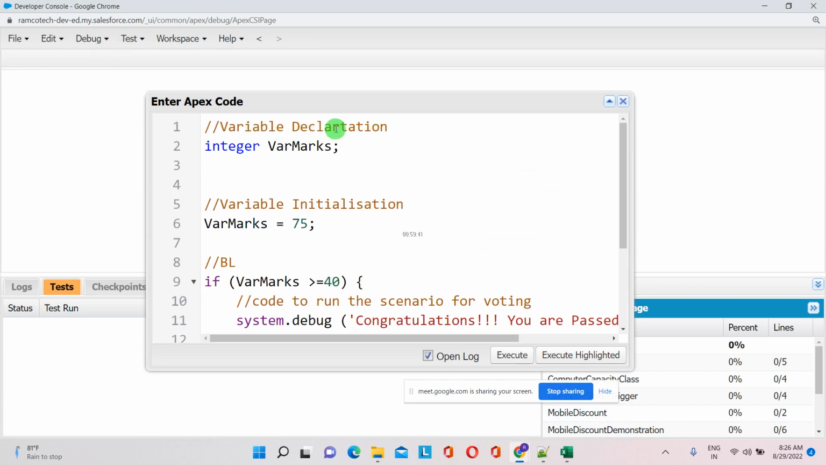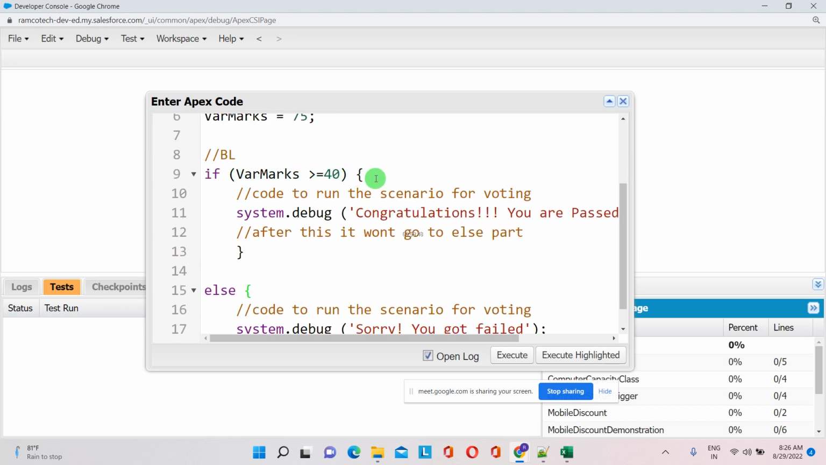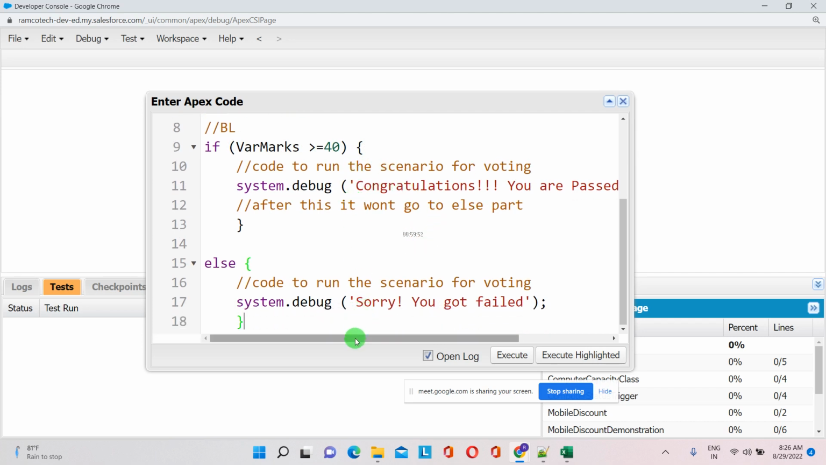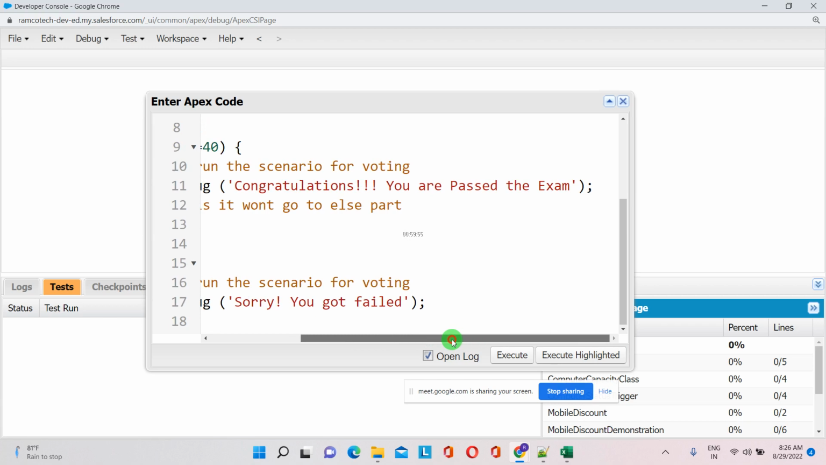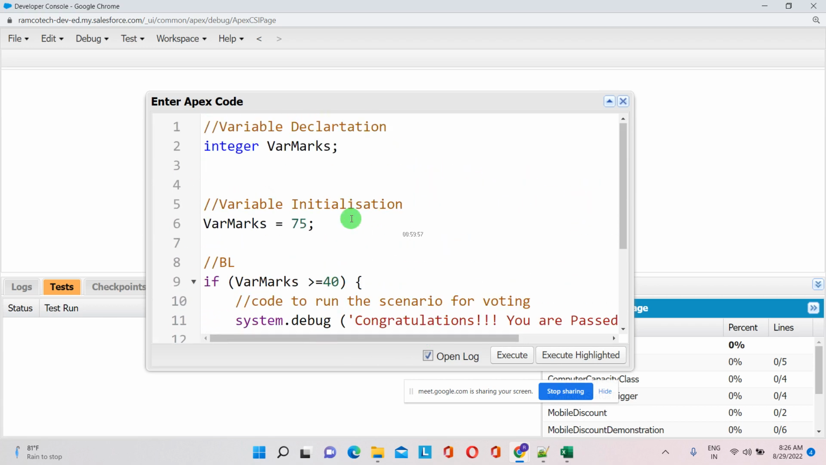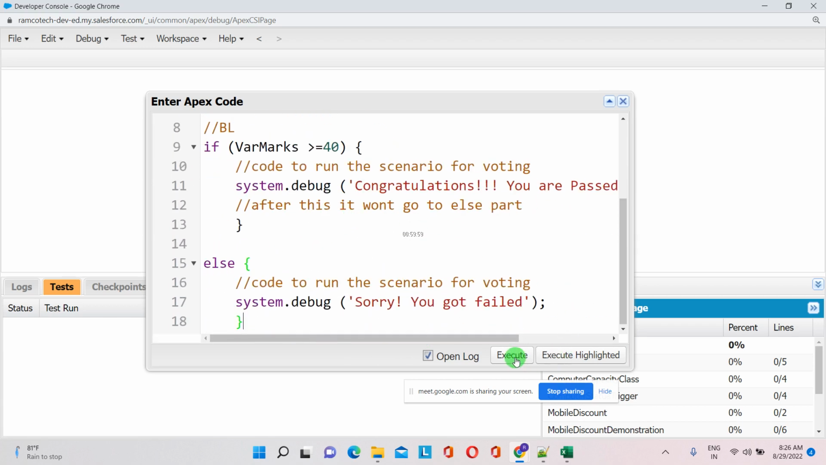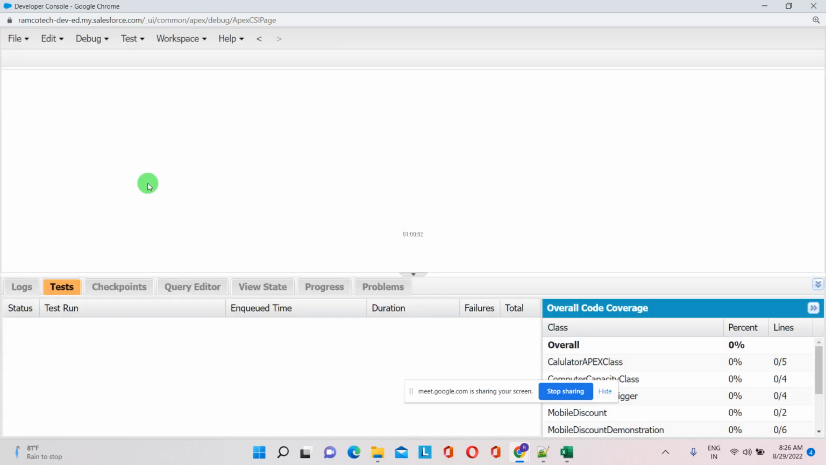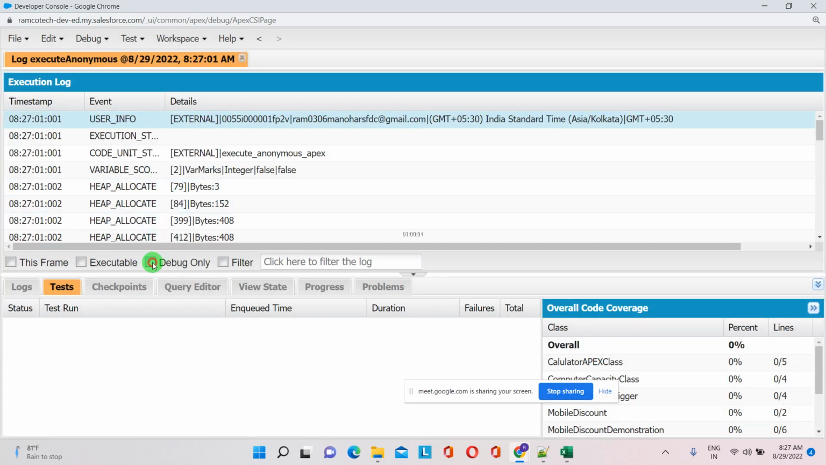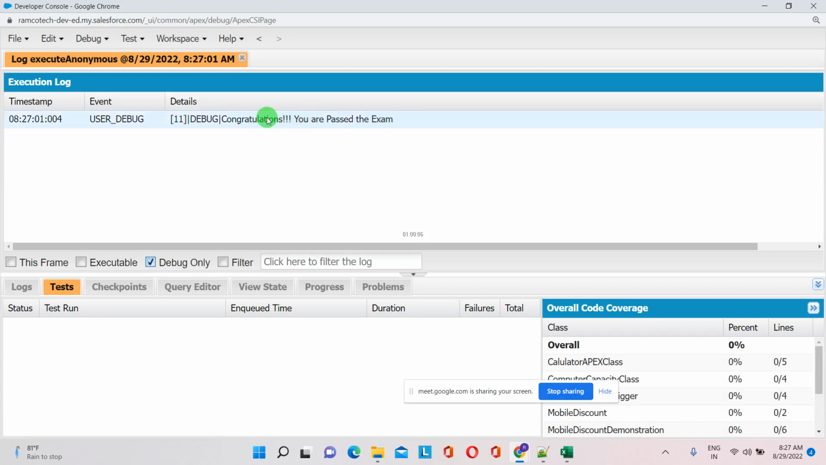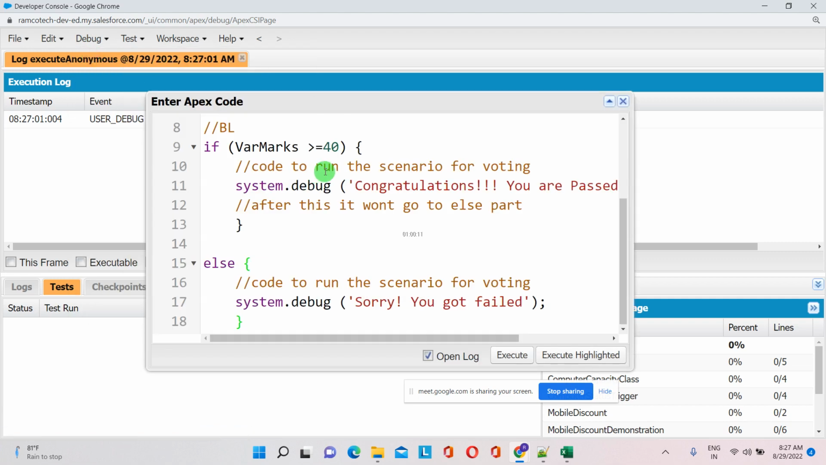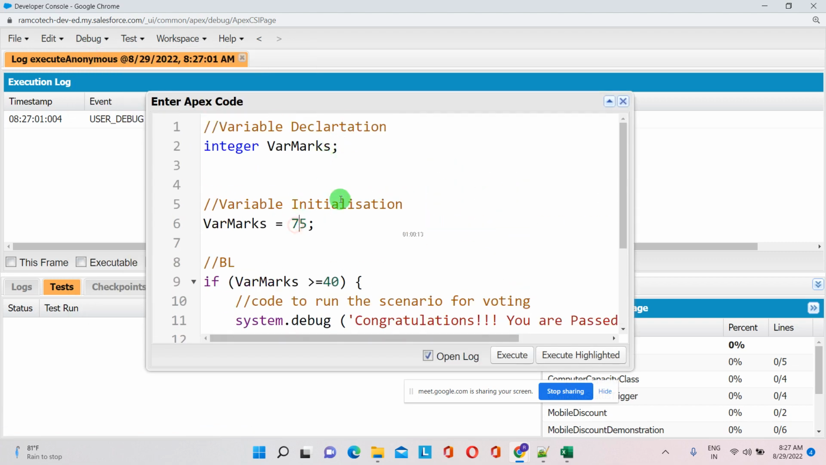Once again, I'm pasting: variable declaration, integer marks, where marks 75, I gave 40. Have we missed any colons here? No. Okay, now I'm executing debug. Yes, you passed the exam. So the first line got satisfied. So if it is 25,